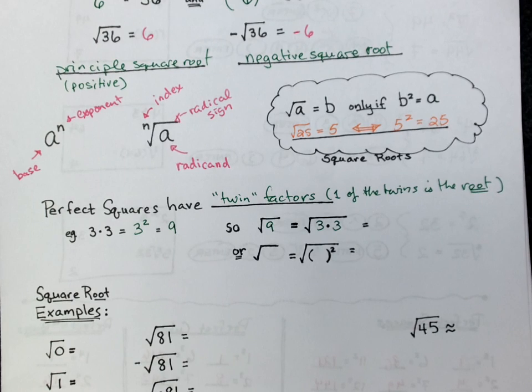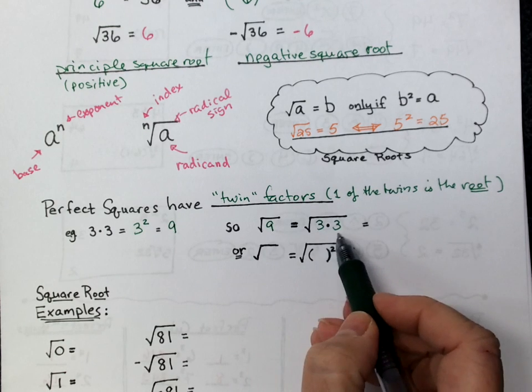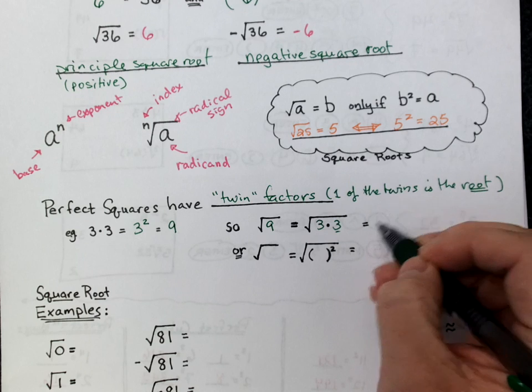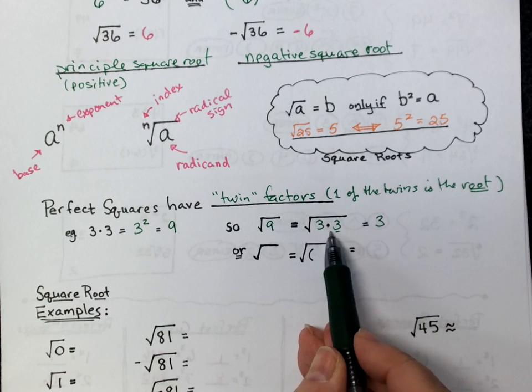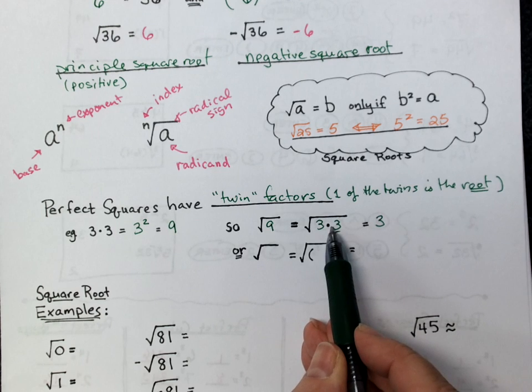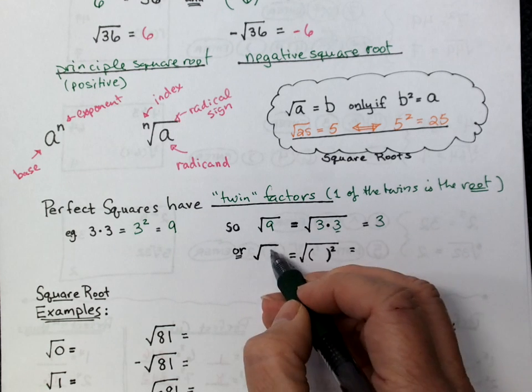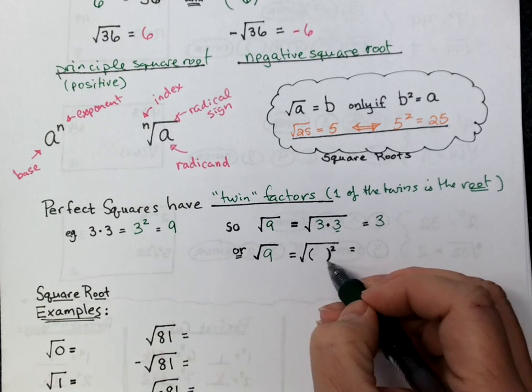Now, there are often other factor pairs. Of course, 1 times 9, for example, and bigger numbers have lots of factor pairs. But the only real way it's a perfect square is if it has twin factors, and then one of those twins is your root. Now, this is basically writing our radicand as a product. I'm pointing that word out because it's like using a reverse product rule when we get to ones with variables and exponents. Another way to write it is as a reverse power. 9 is the same thing as